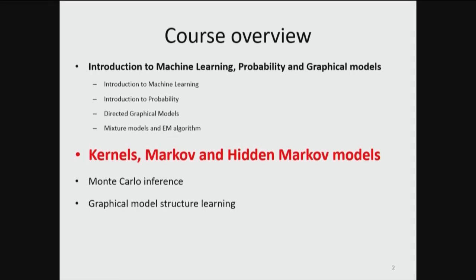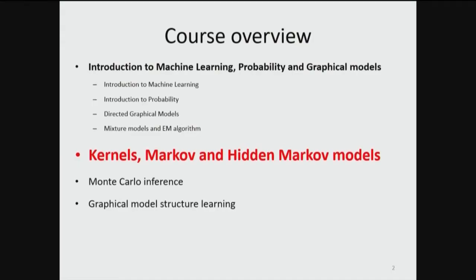Also, since probability being a major requirement in the study of machine learning, we have revised the major theory, major concepts required for machine learning as far as the probability is concerned. Also, we started with the directed graphical models, and also we looked at the mixture models and the expectation maximization